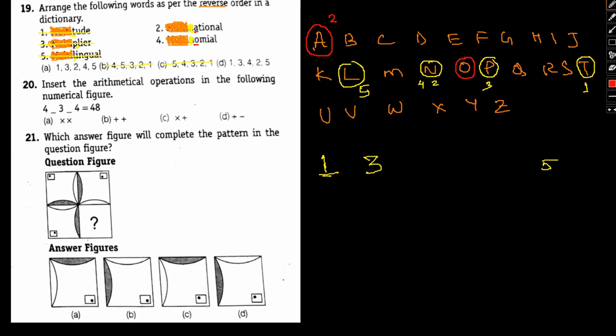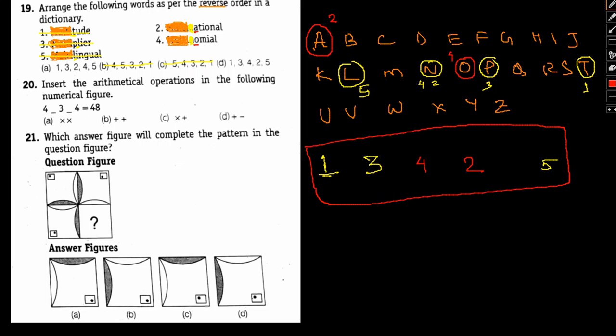So here this is for O. Now if we take a look at this, word 2 should come before word 4 in the dictionary. That would simply mean that if the order is reversed, then word 2 should come after word 4. So that means it should be 4 and 2. So this should be our order.